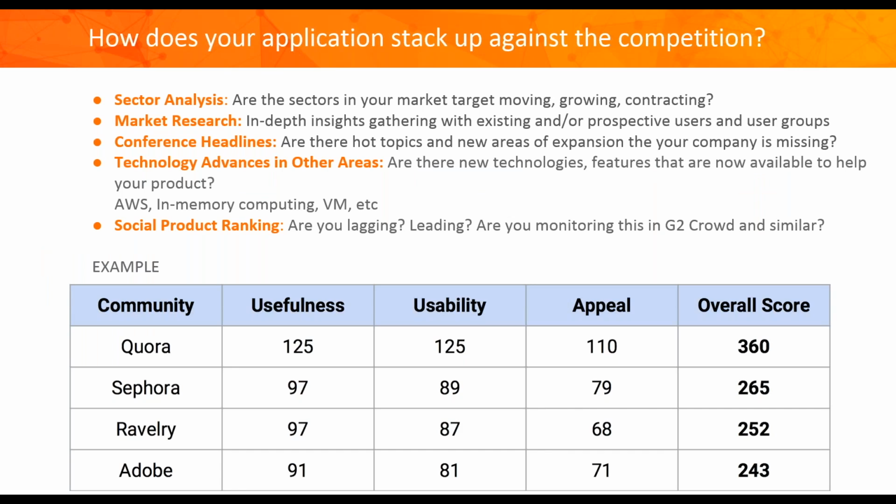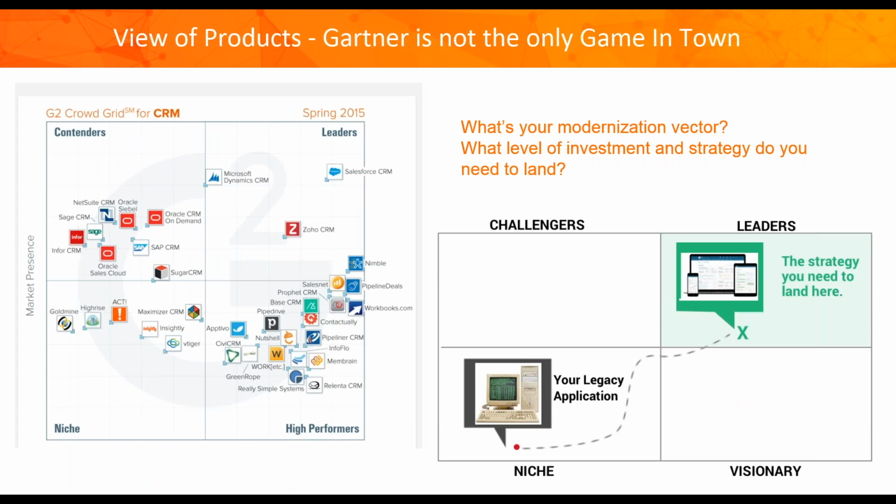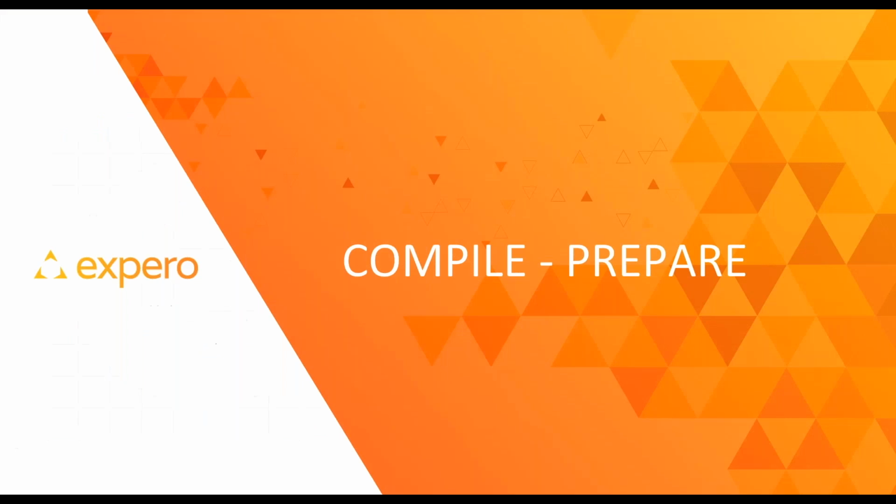Okay? You may even give some scoring for your different products. You may even look at the usefulness and this feedback from your crowds. The other thing is listen to your customers. They may tell you which products you need to do sooner rather than later. And finally, I mentioned this concept of a G2 crowd. Just because you're in the Gartner quadrants may mean you're the exact opposite in your users' eyes. If you haven't found who G2 crowd is, I suggest you do it soon, especially if you're in the software business, because this can mean everything. You'll notice these are in some cases the inverses of what the market leading and Gartner indices are.